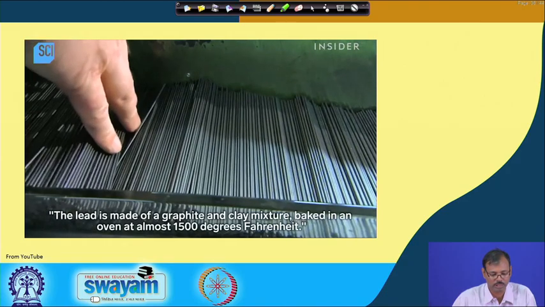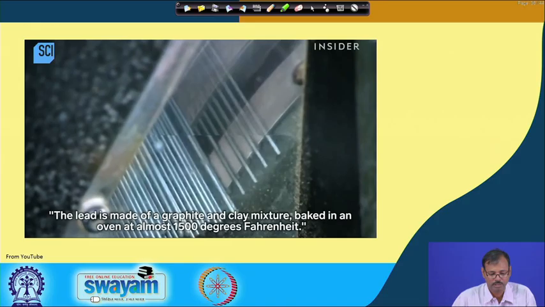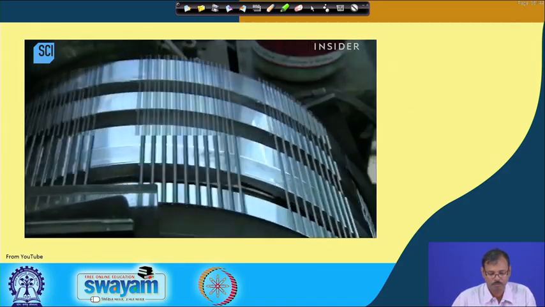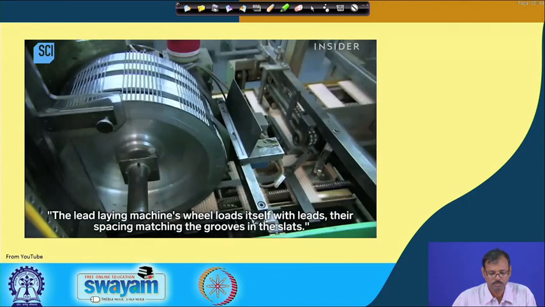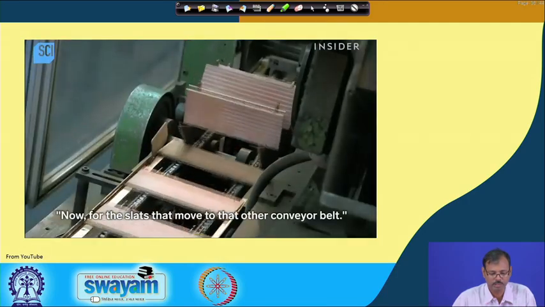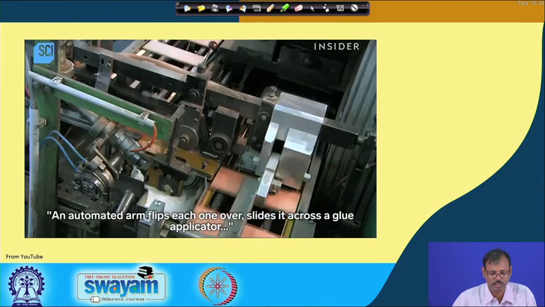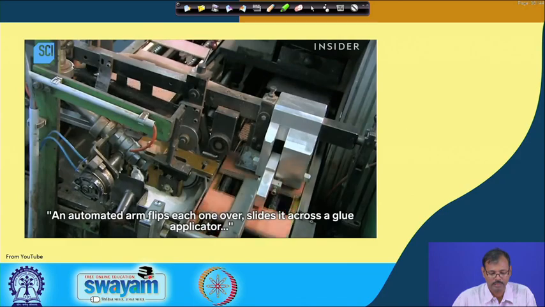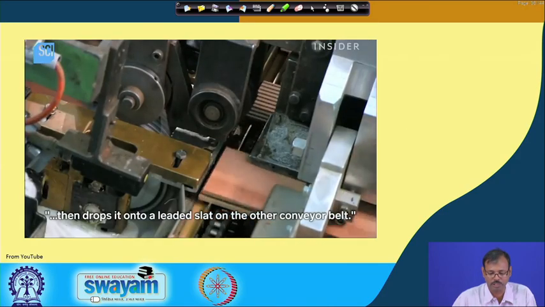You see these are already manufactured graphite and clay mixture. See, these are placed automatically on those glue grooves, and then another flip of wood will be placed on that,